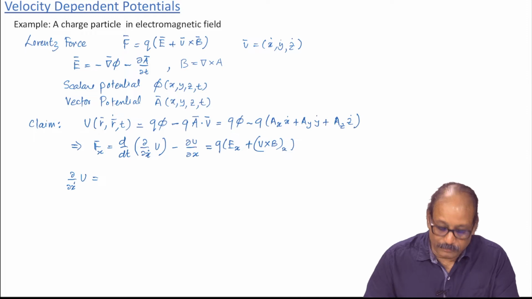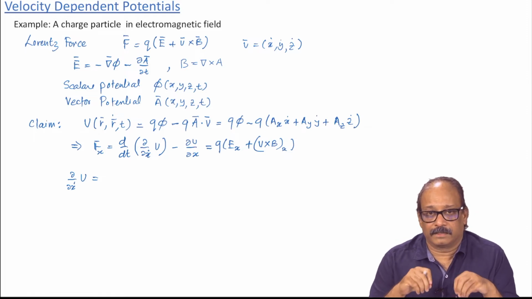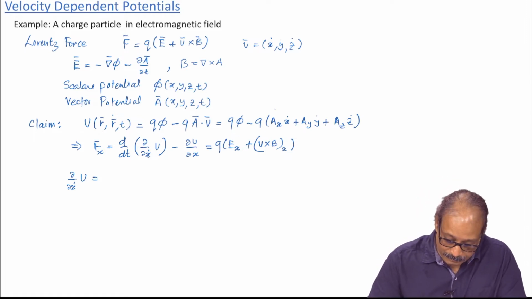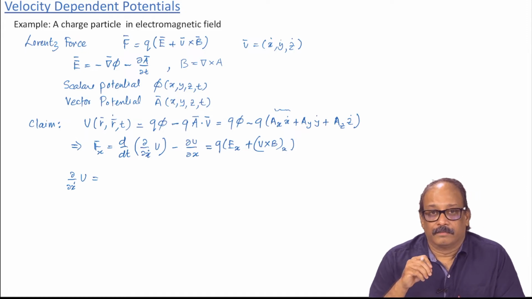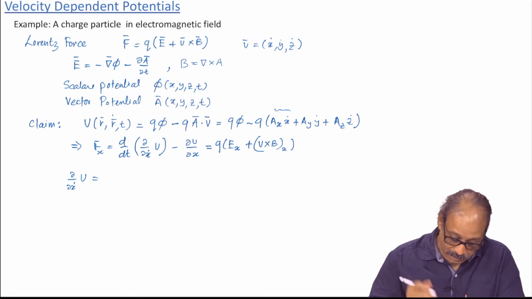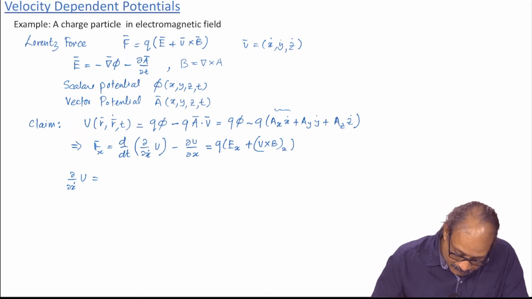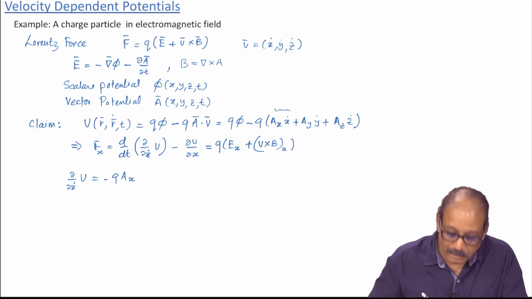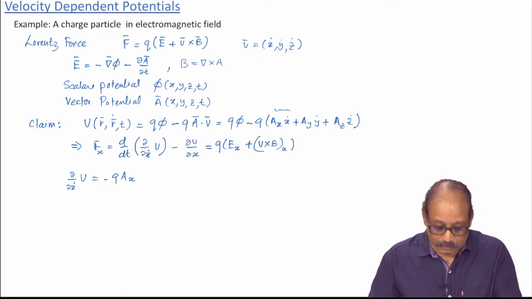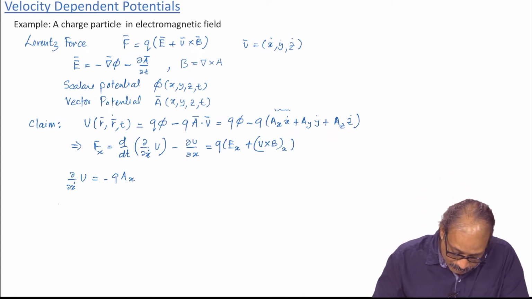The only way that it depends on x dot is through this term, and remember both phi and all three components of A are independent of x dot, y dot and z dot. So, this in fact will simply be equal to minus q times A x, and then we want to take one total derivative with respect to time. So, d by dt